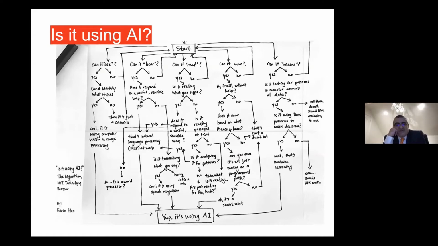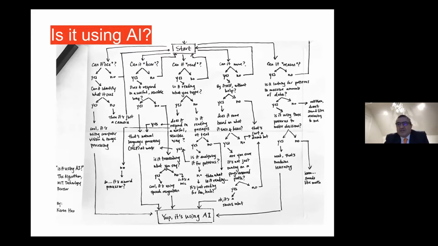description I have, and this is literally on the back of a napkin, for artificial intelligence. So it's not mine, it's from the MIT Technology Review, and strictly speaking it's Karen Hao. And Karen put this together, and I thought this is really interesting, because typically we think about artificial intelligence, and I'm just going to take the outermost branch to the left, and it's about seeing. No? So if I said, can it see?